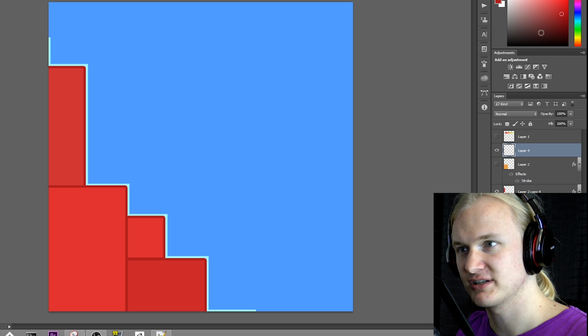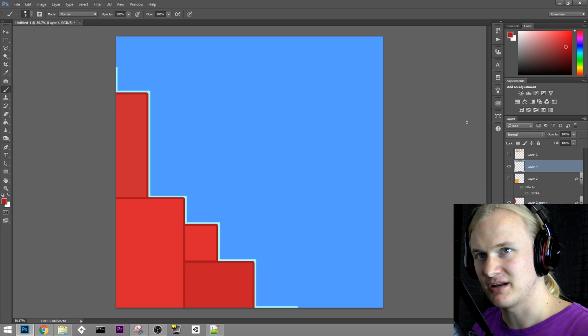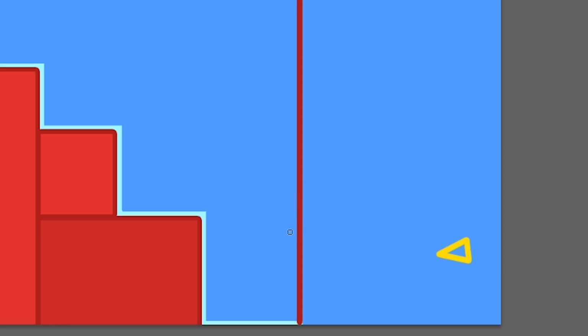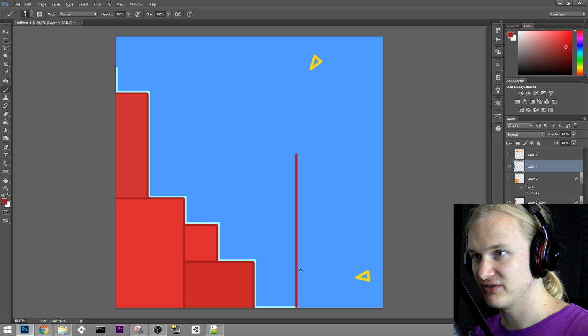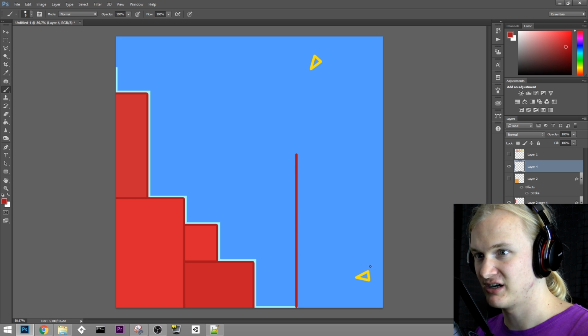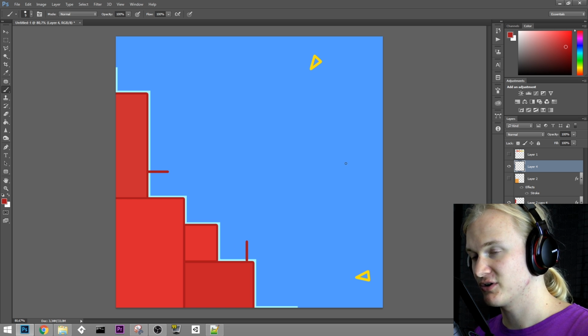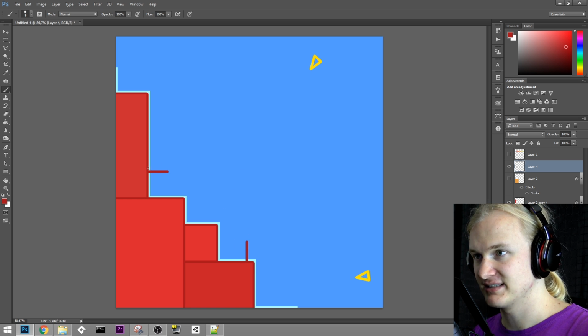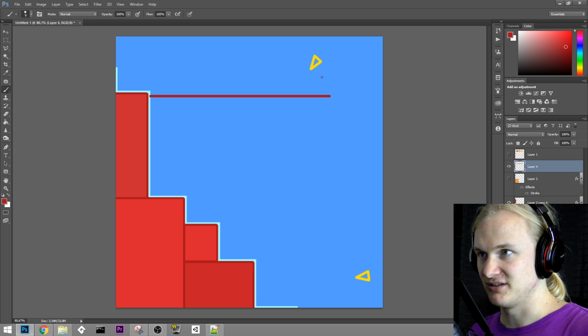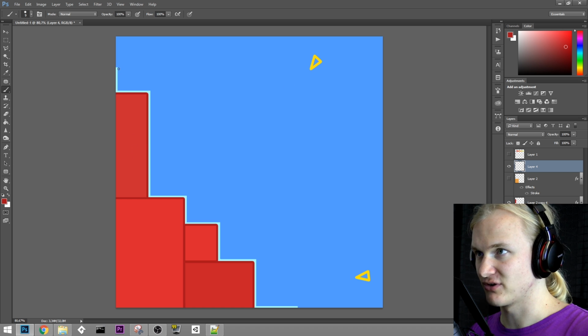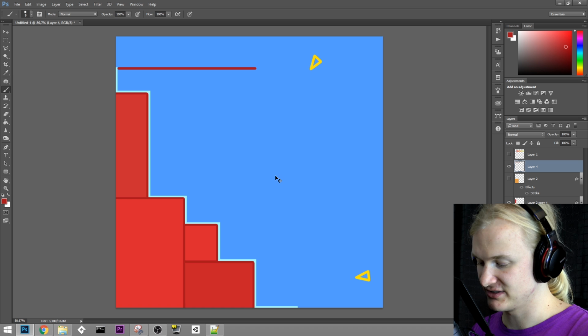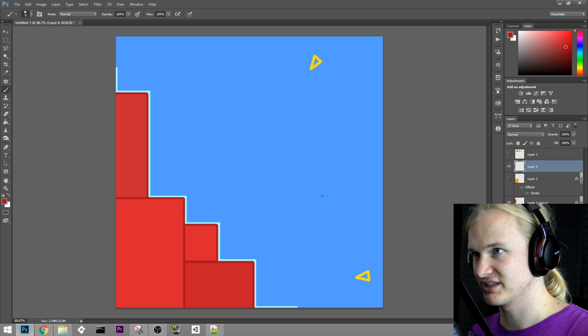One thing that could do that is having some enemies. If one of these enemies collides with the line, perhaps it will break the line, because that would give you a little bit of a risk-reward system. If you place your line very far out and try to make a very big square, then you have a higher risk of it being destroyed by an enemy. If you place it further inwards, yes, your returns will not be as high, but the risk of the lines being destroyed is not as high either. Just a little risk-reward system that stops you from always placing your lines as far out as you possibly can, because that is a little bit of a boring strategy.